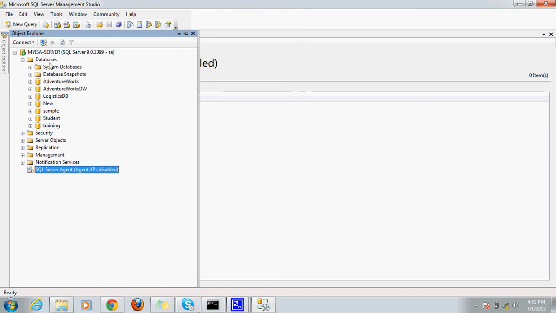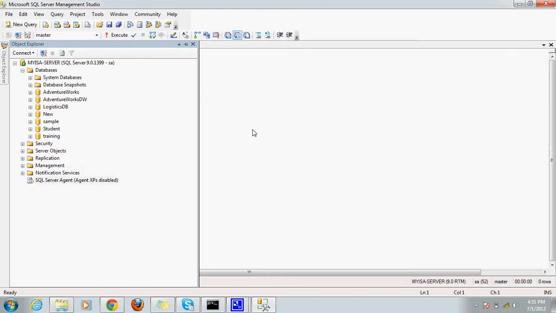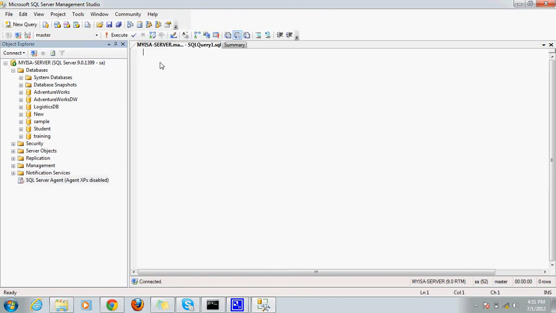So what we need to do is write a query to create a database. It is about your planning: if you plan a software to create, first of all you need to plan the database. I'm writing a query over here to create a database: create database employee. Fine, you need to select the query and execute it.